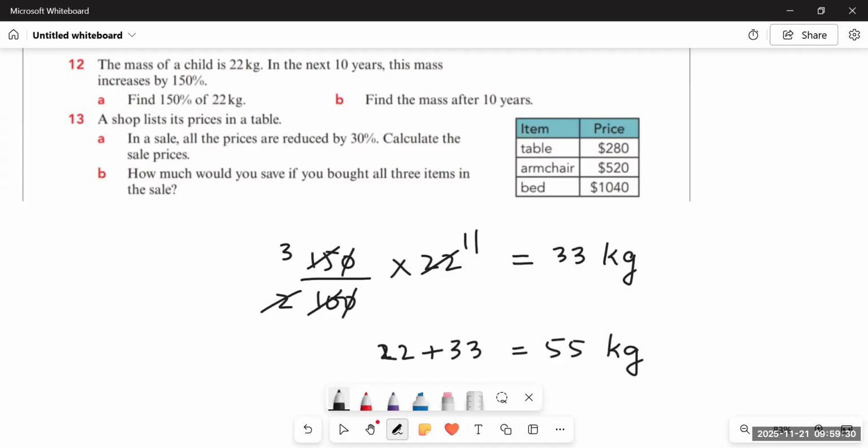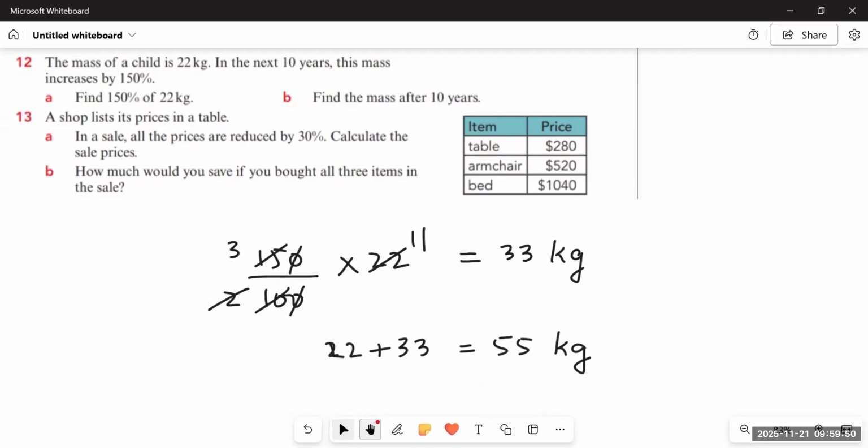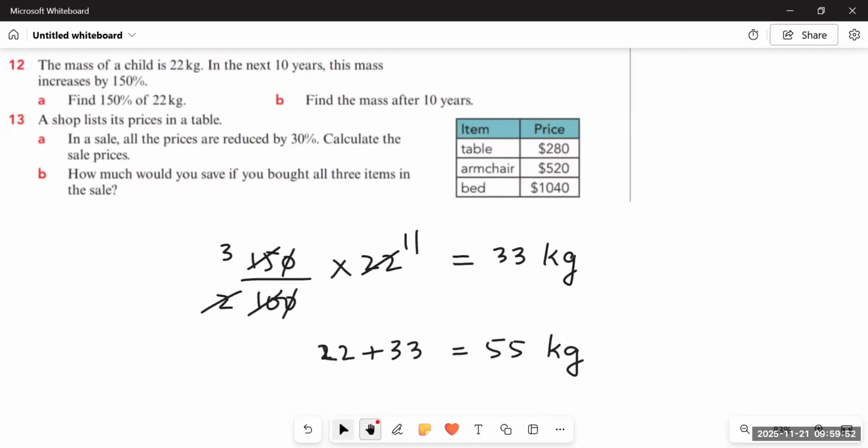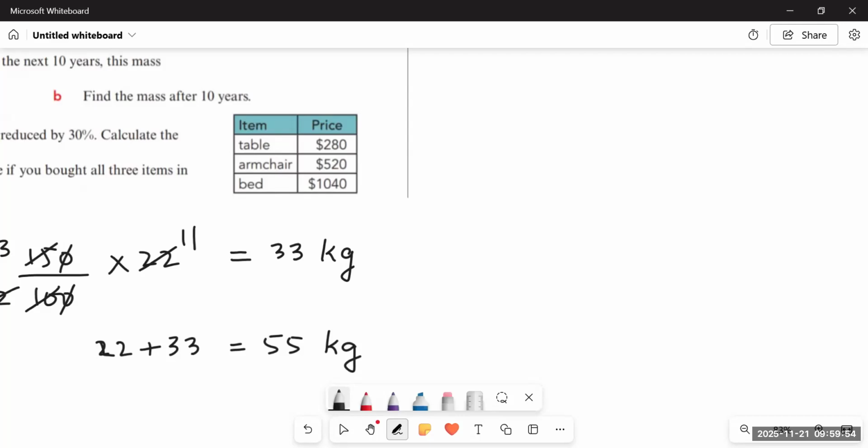Now the next question says a shop lists its prices in a table. There are three items. Table costs $280, armchair $520, bed $1,040. It says in a sale all the prices are reduced by 30%. So what would be the sale price? So if all the prices are being reduced by 30%, what we will do, we will find 30% of $280. Then we will find 30% of $520. Then we will find 30% of